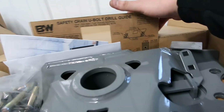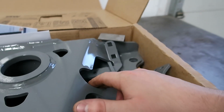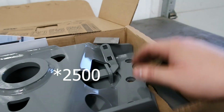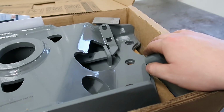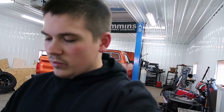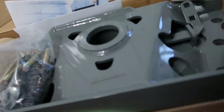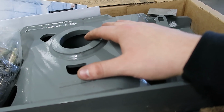So this will use all the factory plates, 13 and up 3500, and I believe 14 up 4500. It uses a little bit different style of gooseneck ball setup than the traditional one. We did put one on Mason's and we did a video on it a couple weeks ago, but it's a 2010, so the frame's a little different, and there's just a few small differences. That one would have probably been easier to install than this one, but I may be wrong, I don't really know yet. But this one goes up in a plate that's already welded underneath the truck,